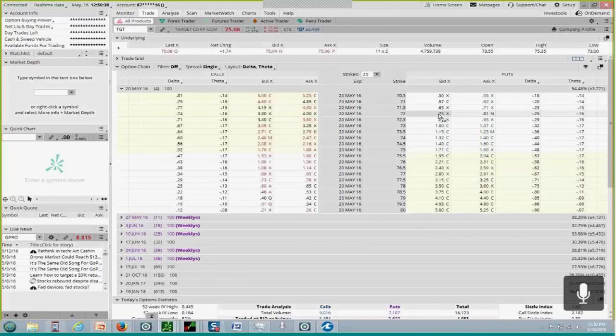And by selling the 72 for 75 cents, I'd be able to go ahead and buy the 75 for $1.70, and I've subsidized that. And so let's take a look at OptionVue for a second and see what we're talking